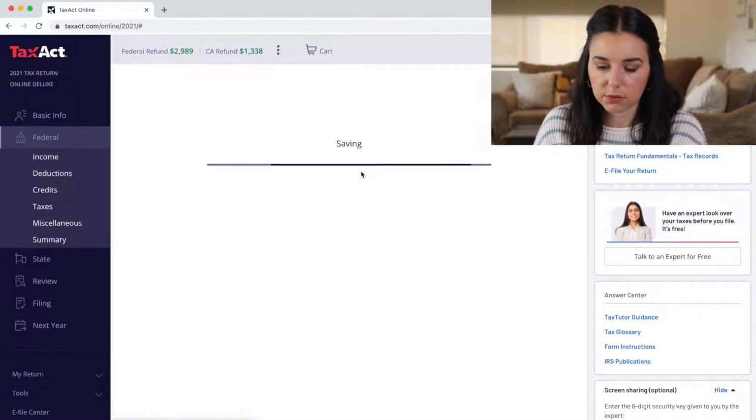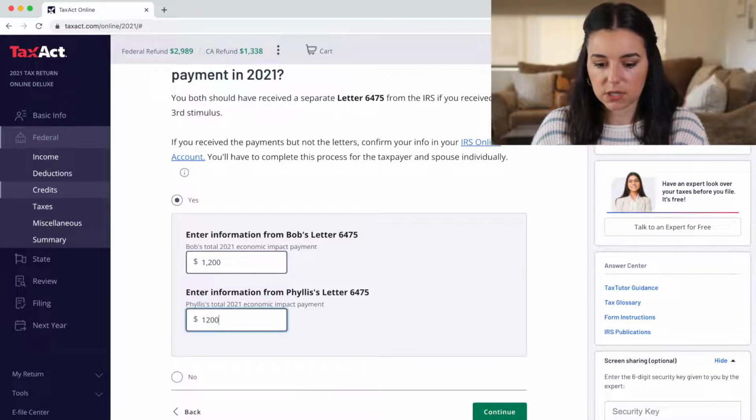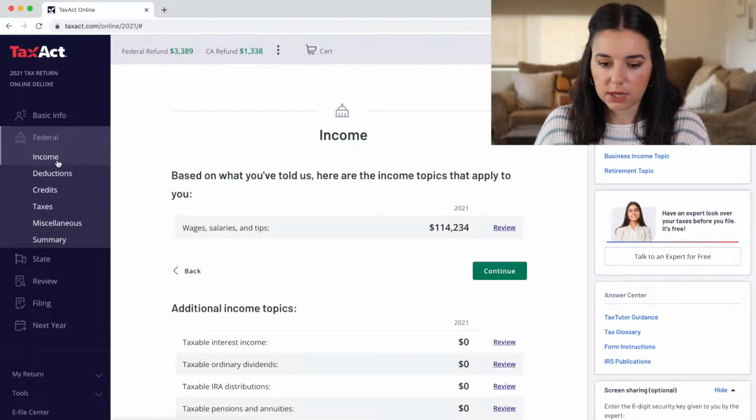Let's look at the recovery rebate credit. Did you receive the third stimulus payment? Yes. Say it was $1,200 and $1,200. Good news, we found a recovery rebate credit worth $400. We'll add this credit amount directly to your refund. So if I was to go through income,